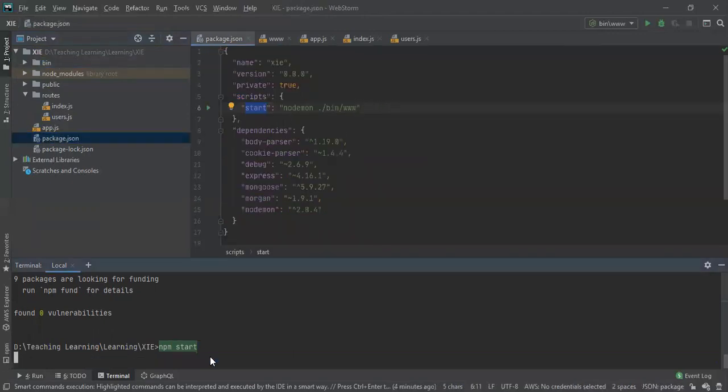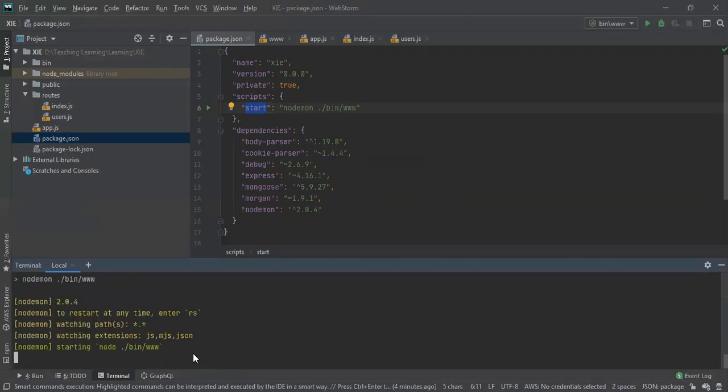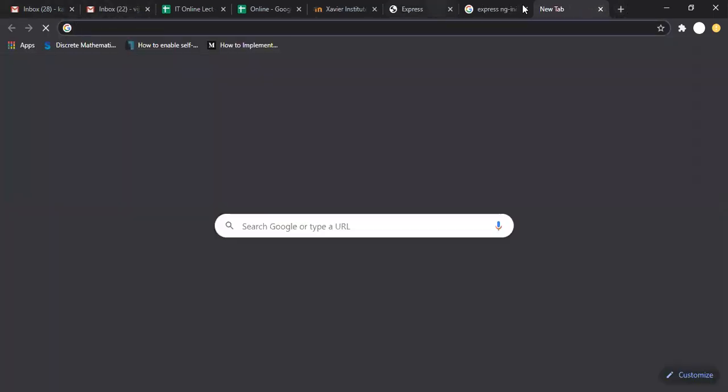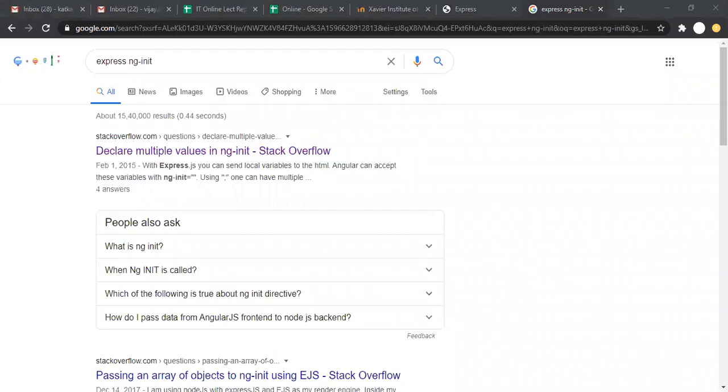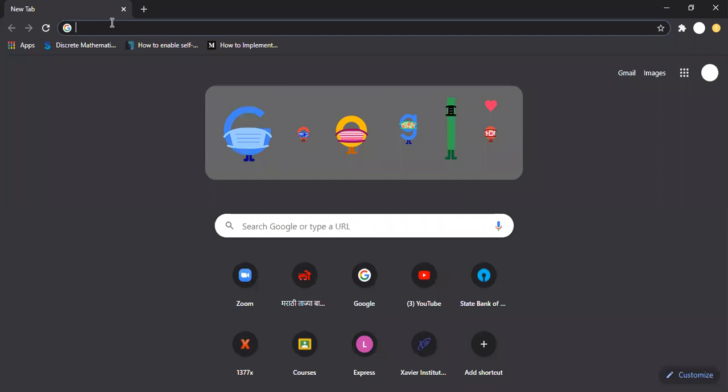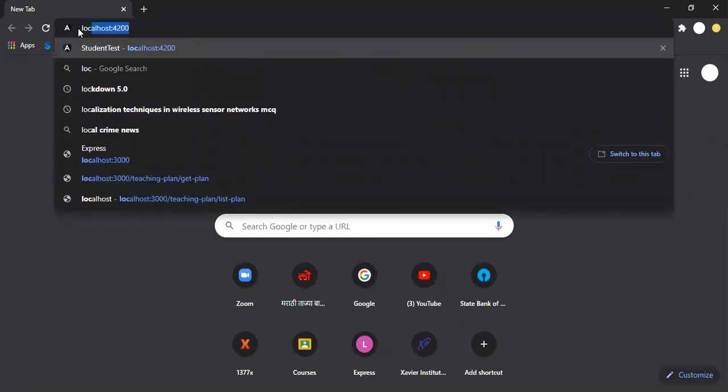So we'll go with this npm start. It will start the code. Okay, so the code is started. Now we can go to a web browser, and here in the browser we will specify the path or URL for our project.